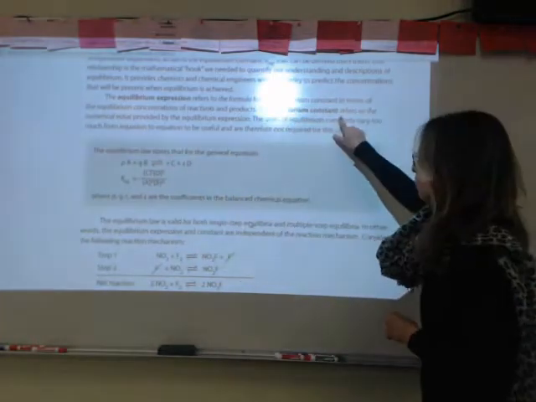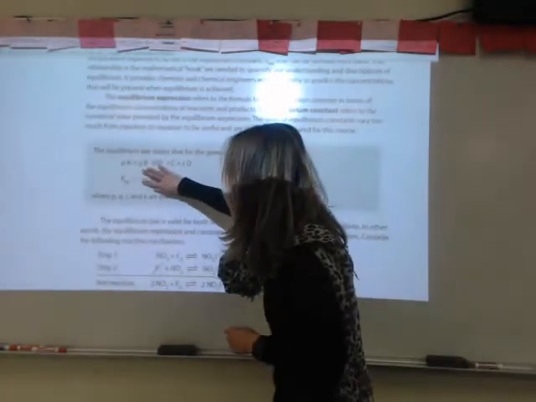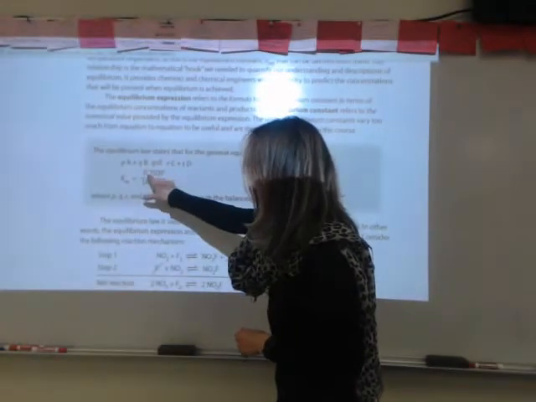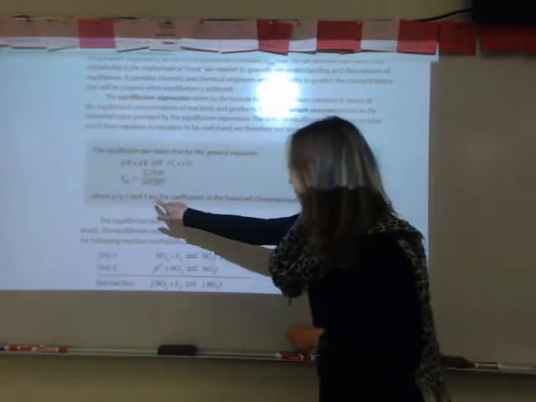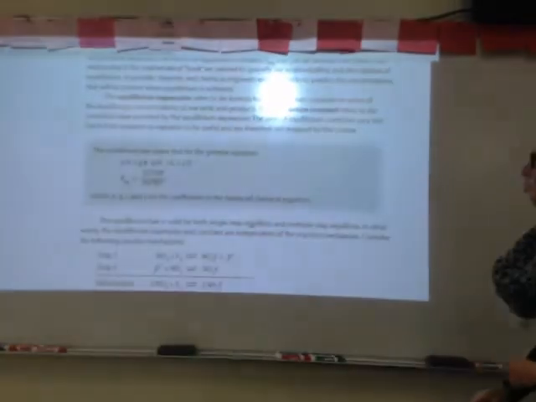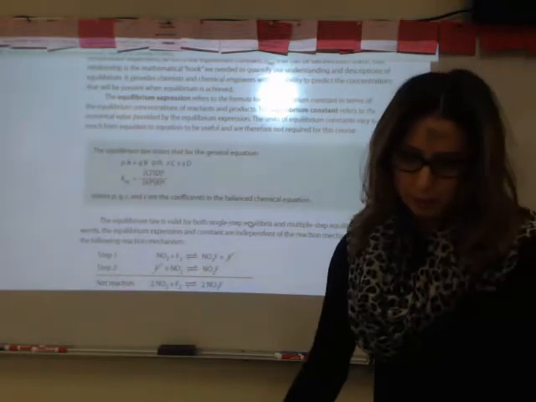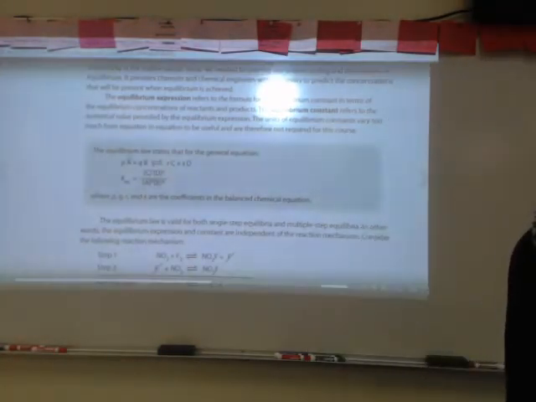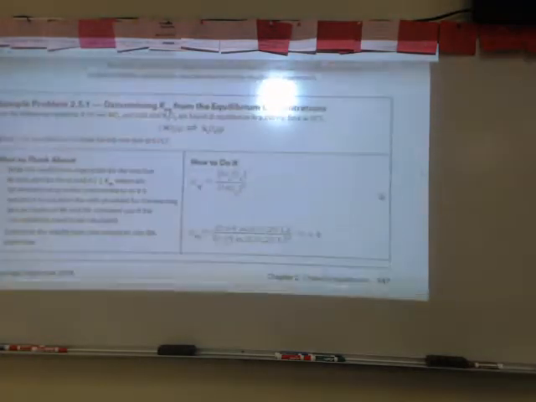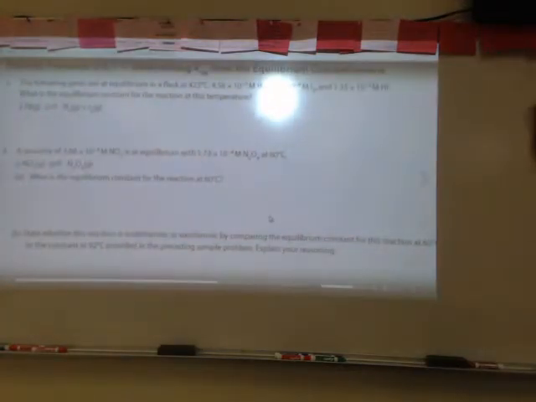And the equilibrium constant is referring to the numerical value that's provided by this equilibrium expression. So after you substitute in your concentrations at equilibrium, you're going to get the equilibrium constant Keq, and it will not have a unit. If you take a look at the next page, at the practice problems, here,